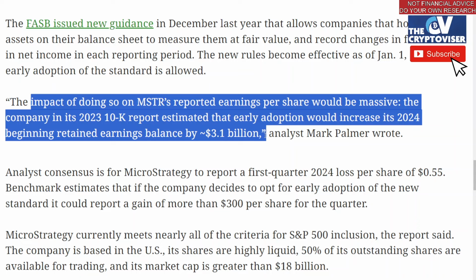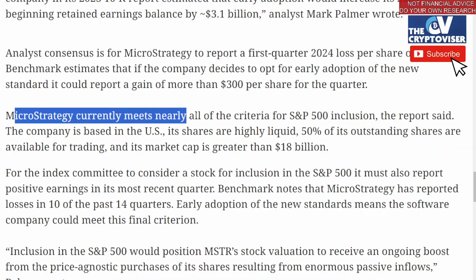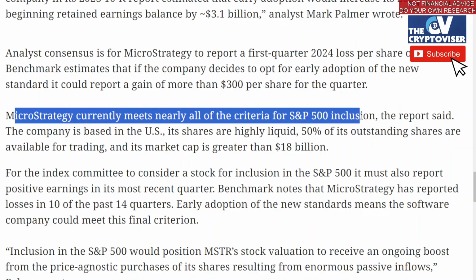So if they adopt, which I would imagine they're adopting this new accounting standard, this is going to allow them to show even more profit based on their Bitcoin holdings going forward, as long as the price is over their dollar cost average, which is around, I think, the $30,000 range. And so this would then allow them to meet all their criteria for the S&P 500, basically the Wall Street